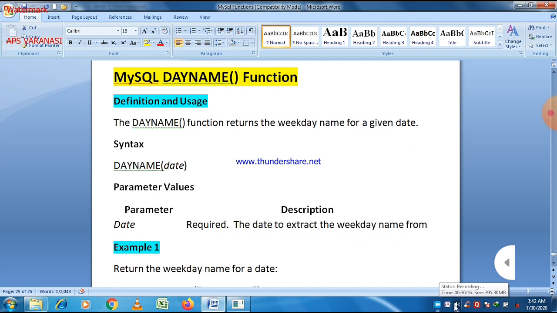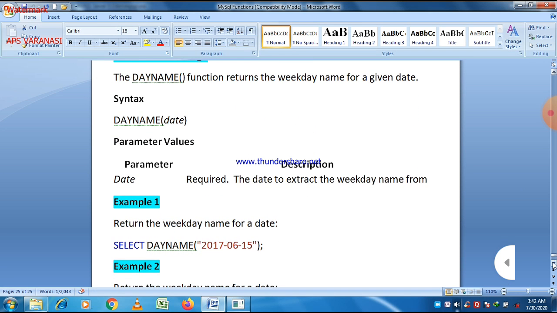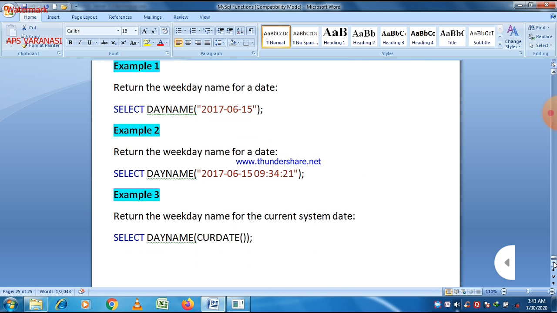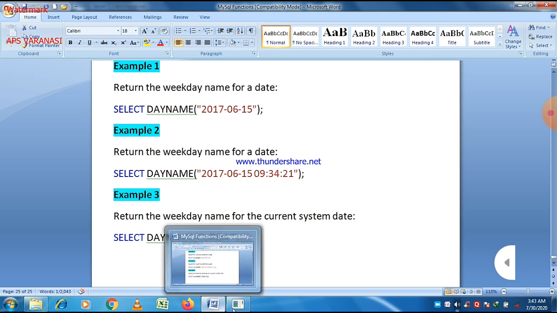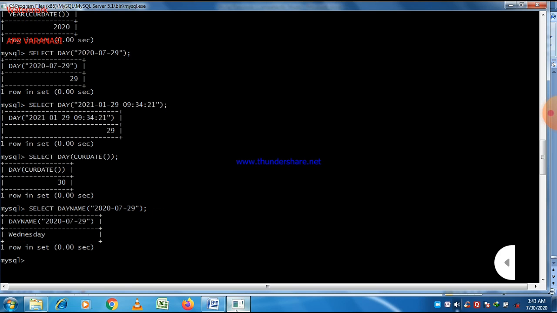There is only a single parameter value passed within it, and you can pass the parameter with date and datetime format. Let us check it. Let's type day name of 29 July 2020. It is a Wednesday, so the answer is Wednesday.